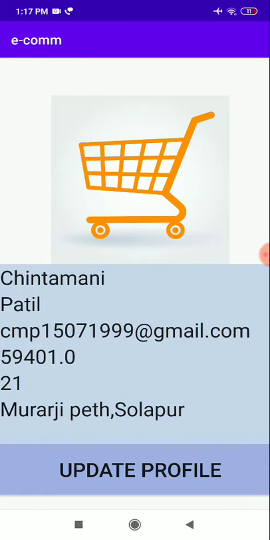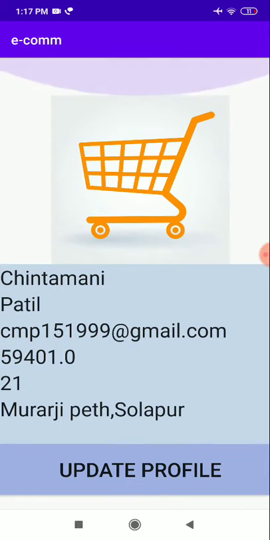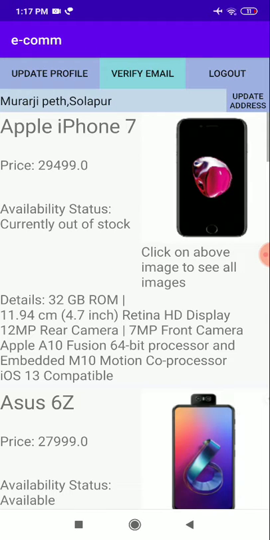Only 59401.0 remains. We can update the profile from here, the age if I want, and if I update the email and update the profile, then your email is no longer verified since you have changed it. So you have to verify your email address again.